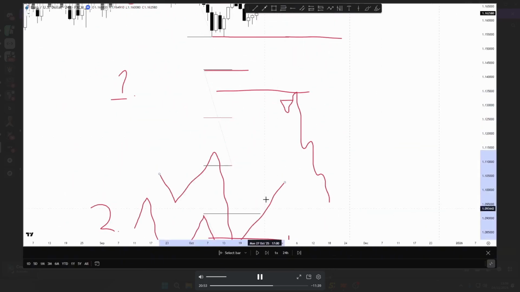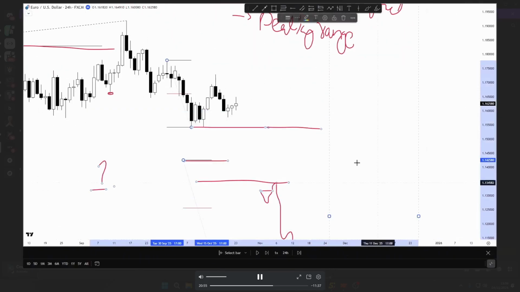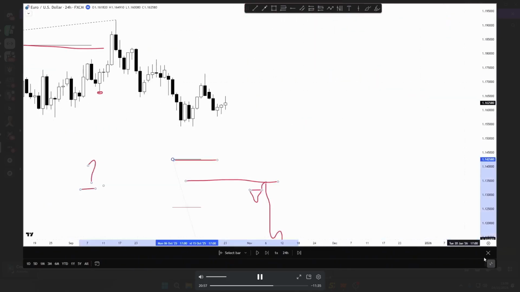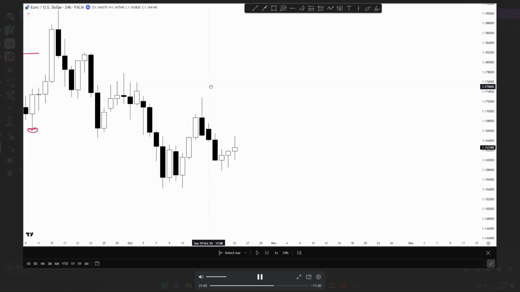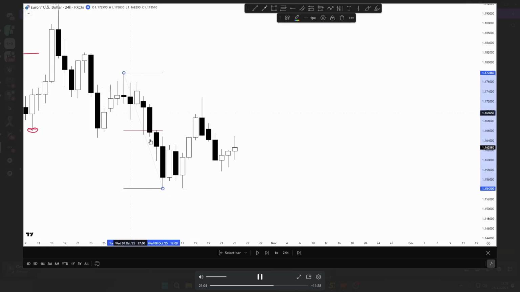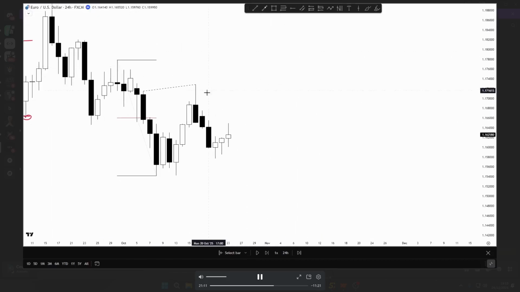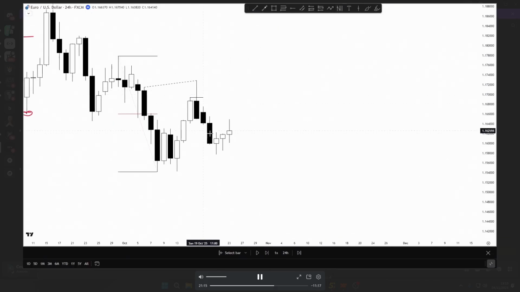Okay, now let's look at this price action. Let me remove all of this. We have this macro dealing range and we had an SMT divergence. We also tested this premium key level and formed a candle range. Now for this week, the current and the most relevant daily range that I defined was